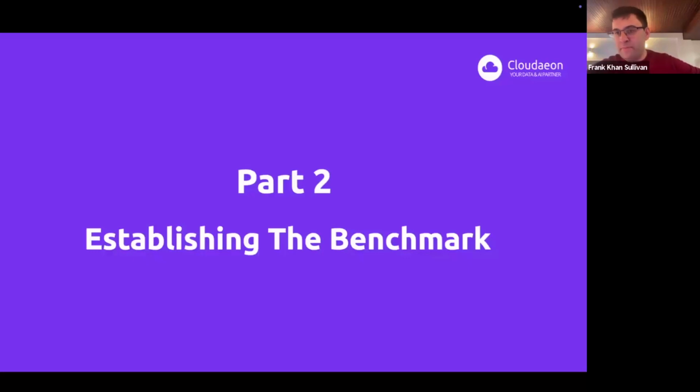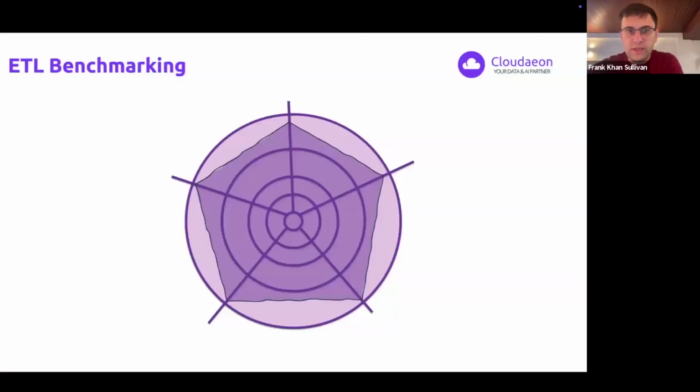Part 2, establishing a benchmark. To know where you actually are and to understand the practical components, we're going to focus this more on ETL. We've started with a very broad picture of understanding at the team, at the capability, at the technology level, but now let's get practical. Let's zoom in a little bit on ETL and how we're moving data around the organization. Dan,